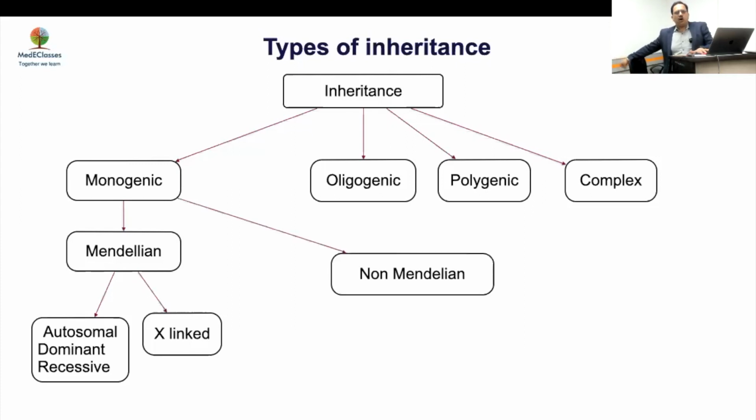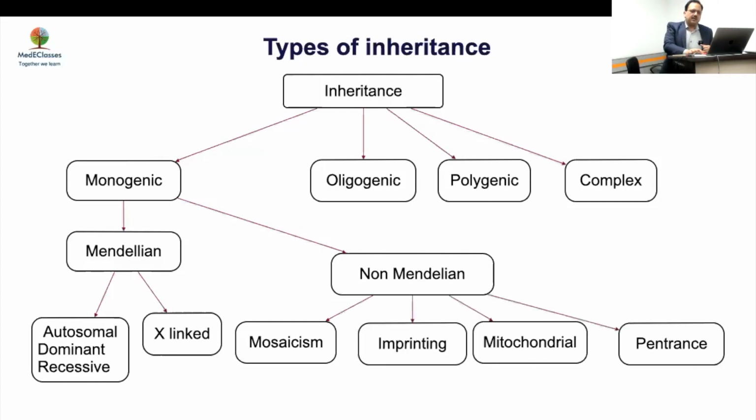And it can be non-Mendelian, which means that these laws are broken. You have a dominant disease, but it is not manifesting in each member of the family. Penetrance issue. Somebody has a milder disease, somebody has a severe disease, which is an expressivity issue. Comes from the father, there is a problem. Comes from the mother, no problem. It is basically an imprinting problem. Some cells are affected, some are not affected. This is mosaicism. So many other things can cause non-Mendelian problems like mosaicism, imprinting, mitochondrial, and finally penetrance issues.